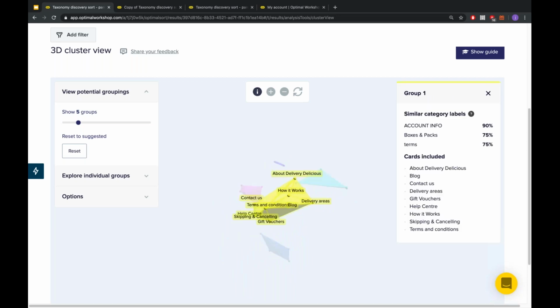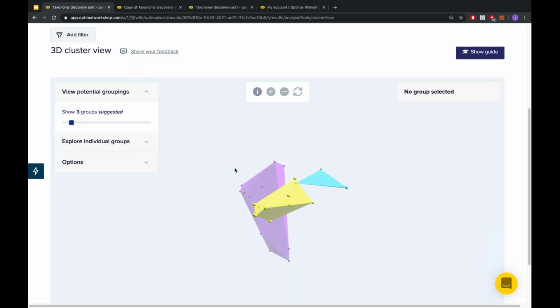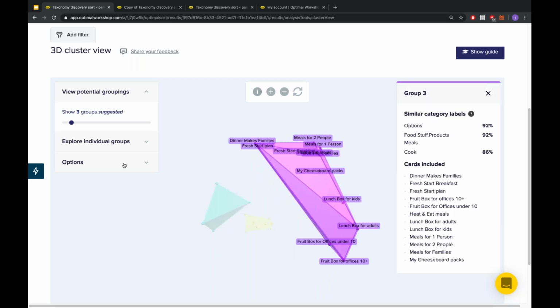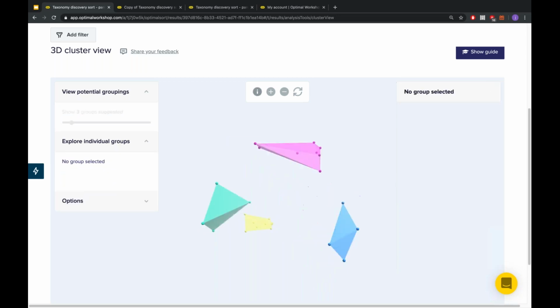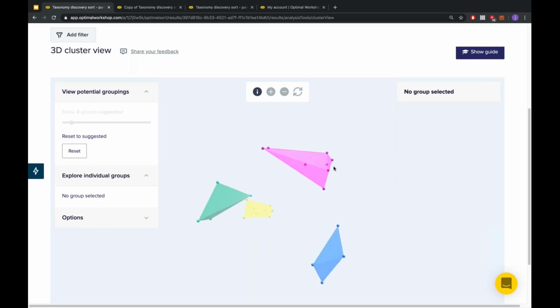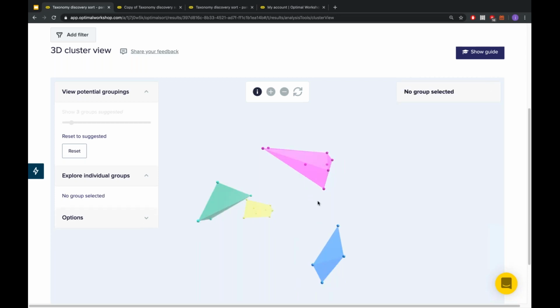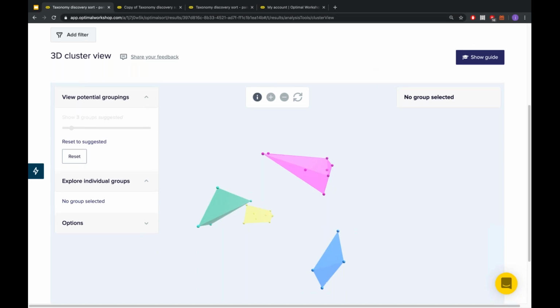But we can also click on it and it will tell us exactly what's involved, the different names that have been submitted as well. And one of my favorite features is when you've got a mega category like this, we can click on it and then split that out, and it's really clearly going to show you those two were associated before, but you could also create subcategories which will really make them distinct from each other, and that's how it's been represented by our participants as well. So really nice to be able to see and show.